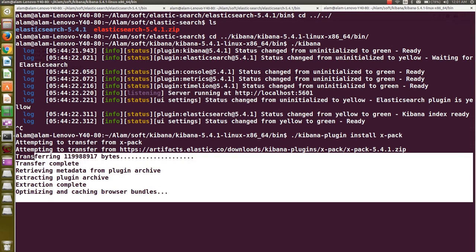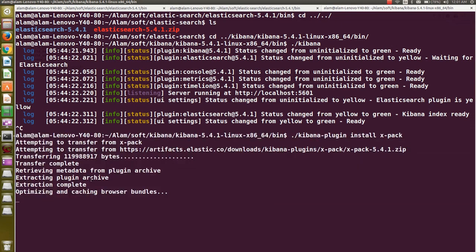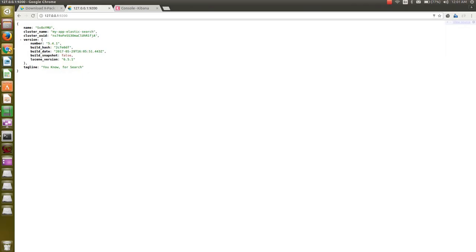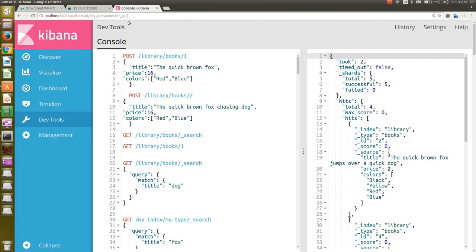Let's go to the Kibana. This one is still downloading. I'm sorry guys, please bear with me. After this downloading, we will see what magic the XPack has introduced into the existing single node Elastic and the Kibana console. Just for reference, have a quick look and navigate, just see what options we have.